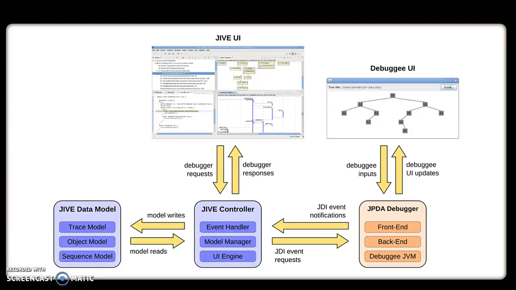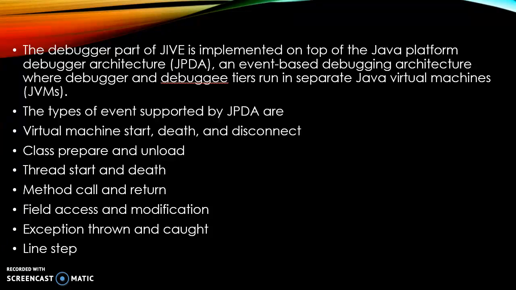Here it shows the main components of the Jive architecture, and here the Jive architecture runs the Java program. Here the Jive architecture runs the Java programs in debug mode. And the next slide is the debugger part of Jive, which is implemented on top of the Java platform,